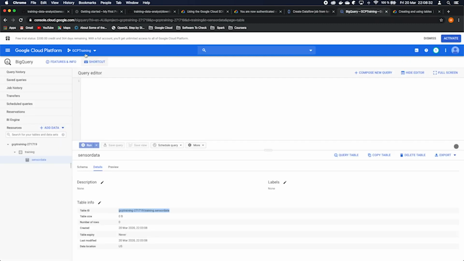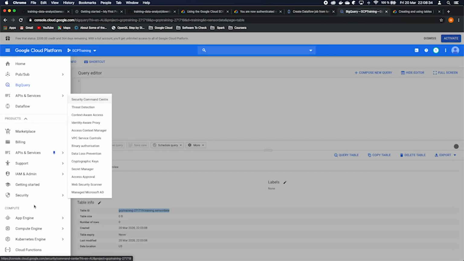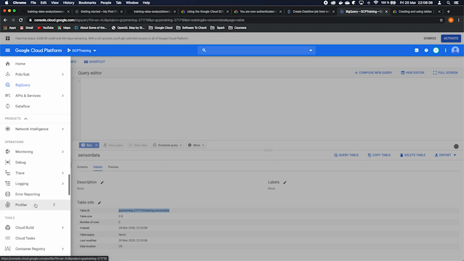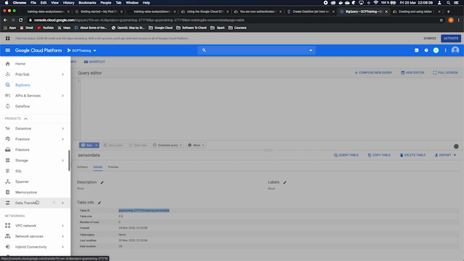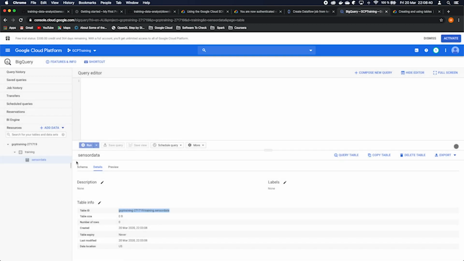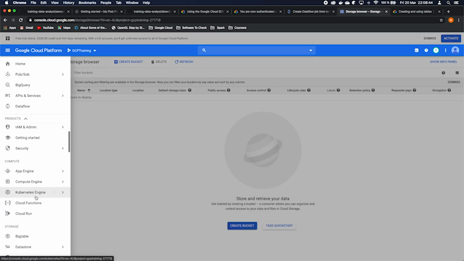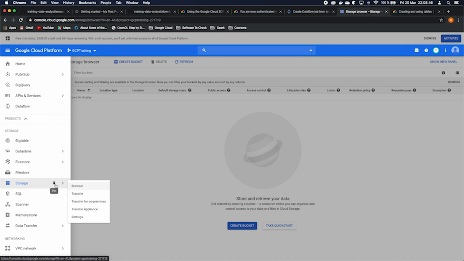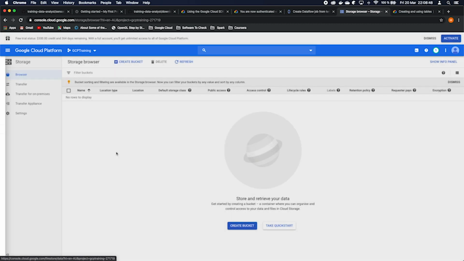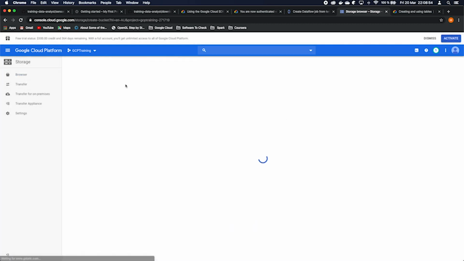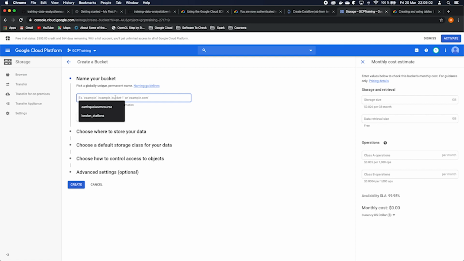To do this, we go back and we find storage, which is here, and browser. Of course, let's pin it. We create a bucket, the name needs to be unique.